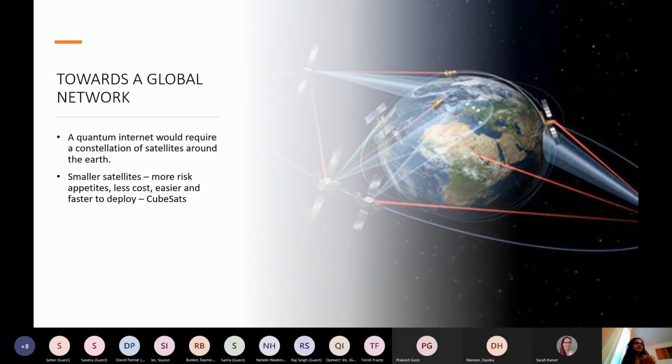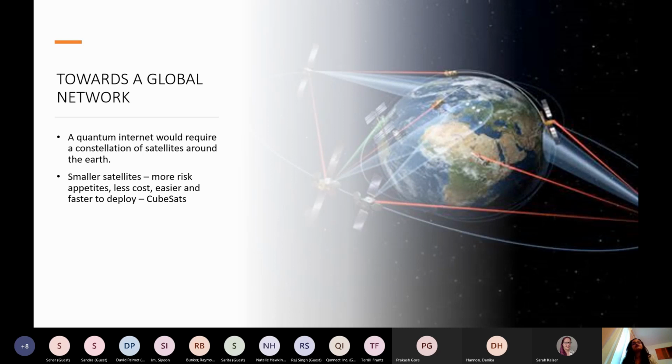So for us, we are using CubeSats, which are really small satellites. But why do we want to use CubeSats as opposed to conventional satellites? It's because we are looking at a dream in the future where we are connecting various different parts of the Earth in a global network, which augments whatever terrestrial networks we have right now. And in order to send up quite a lot of satellites which are covering all of the globe, it'll be really hard to send up conventional satellites, because first of all, they would require a big team. They would require a lot of money.